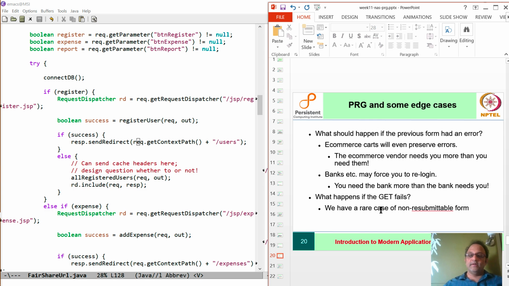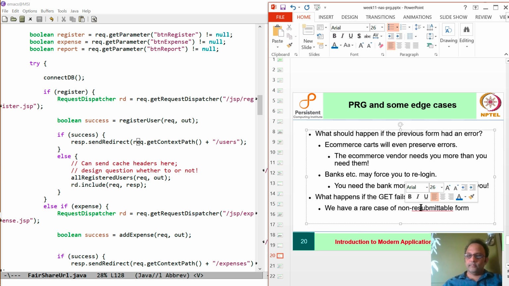For example, we may have a rare case where you tried the get, but the get didn't work, and so you encounter an ordinary browser failure of being unable to retrieve a page, in which case you can let the user submit again actually.